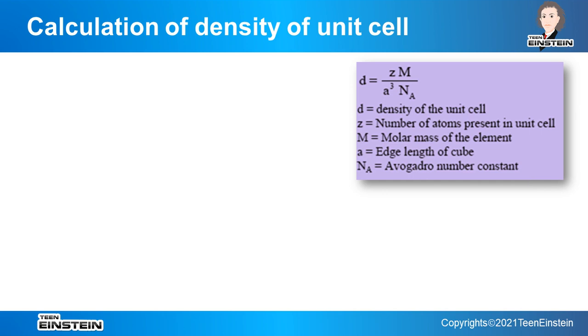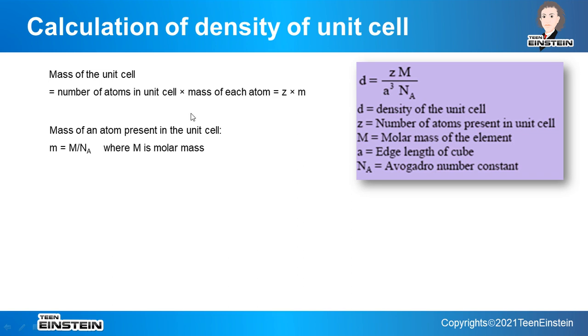Now for each different type of unit cell, whether it is simple cubic cell, BCC type of cell or FCC type of cell, the Z is different for each cell, and that we have already seen how to determine. M is the molar mass of the element and A is edge length of the cube and Na is Avogadro number constant. Okay, so how to calculate this density using this formula and how we have achieved this formula, that we will see. So here mass of the unit cell, if we consider,